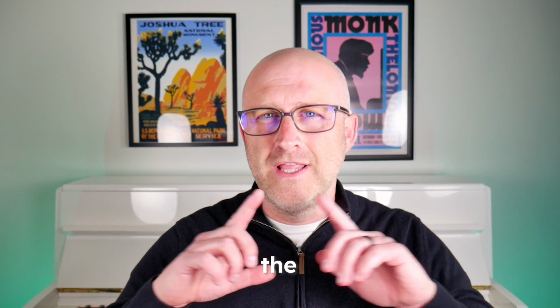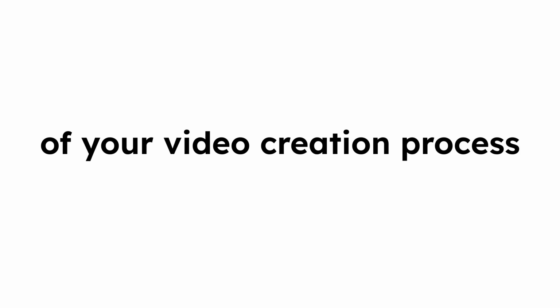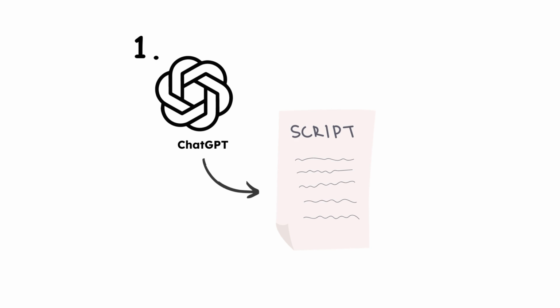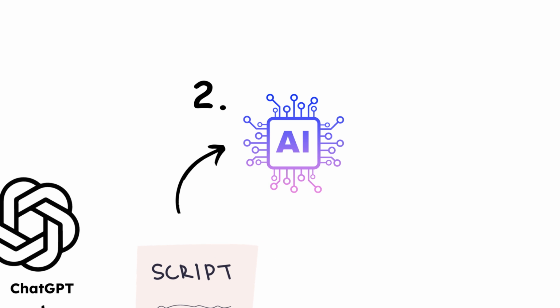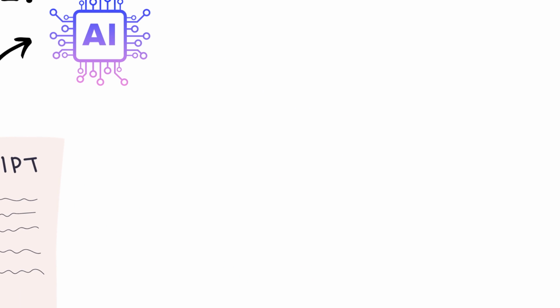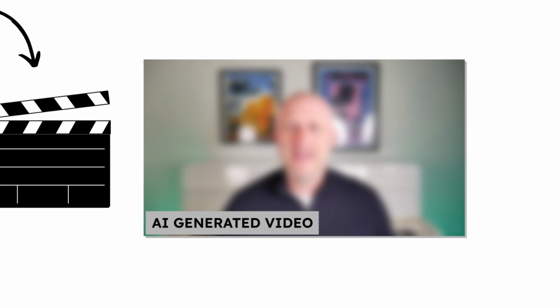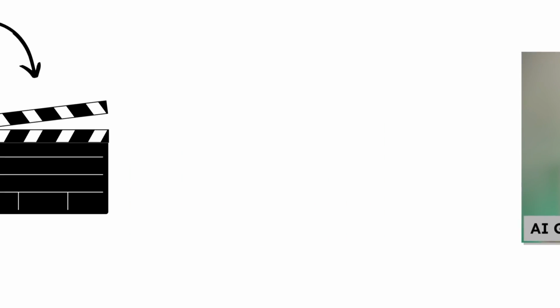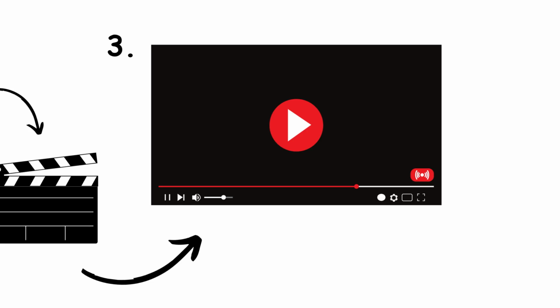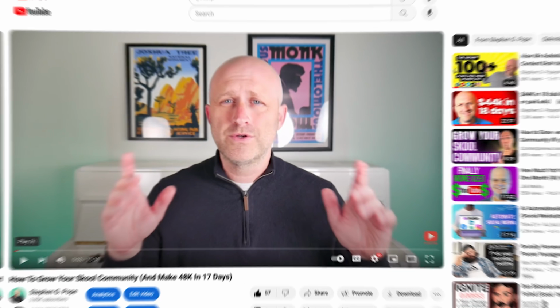Today, I'm going to show you how to use the latest AI tools to automate 100% of your video creation process. We'll use ChatGPT to come up with a written script, and then we'll use HeyGen, an AI video creation tool, to turn that script into a video of me speaking on my behalf using my personal avatar. And then finally, we'll use automation to take that video and automatically post it to YouTube. And then we'll glue this entire process together with Zapier so we can repeat this process again with no human